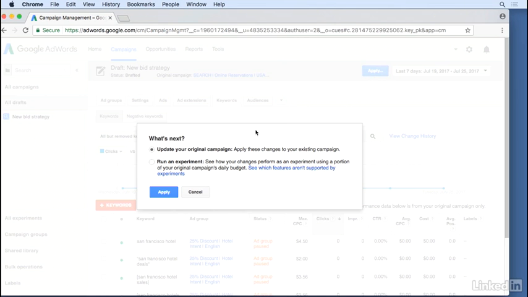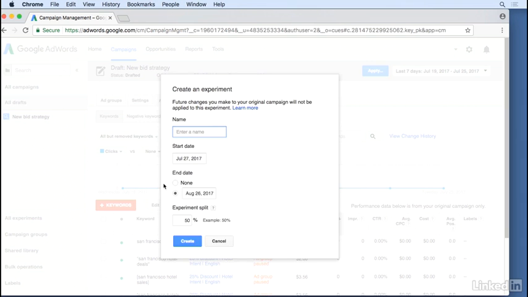Here, you can either update your original campaign, which would apply all the changes you made to your existing campaign, or in this case, what we want to do is select the option next to Run an Experiment. From here, we'll choose Apply. We need to give this experiment a name, select a start date, as well as an end date if we'd like, and then we need to choose the